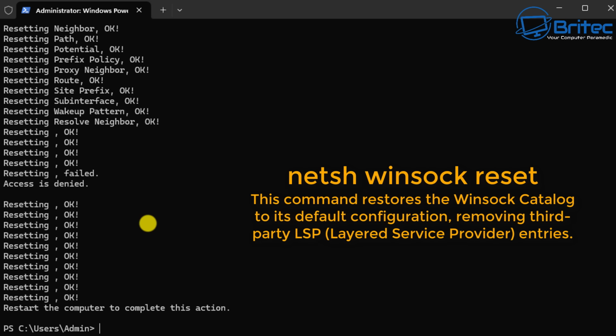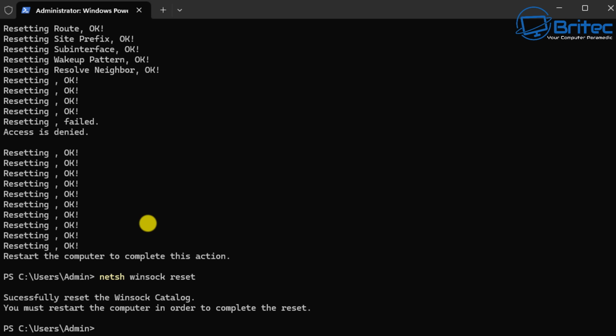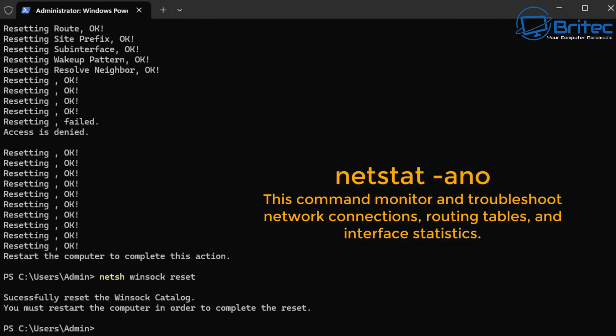And next we're going to do netsh winsock reset. This command restores the Winsock catalog to its default configuration, removing third-party LSP layered service provider entries. So let's go ahead and do that right here and press enter. And that's now done. Now we can do netstat